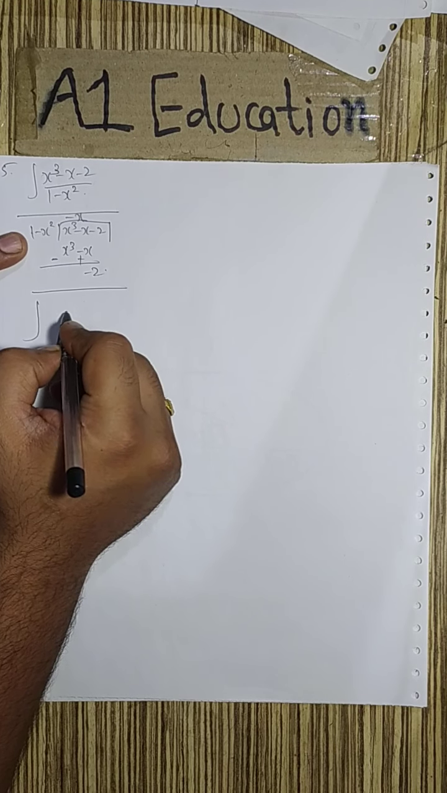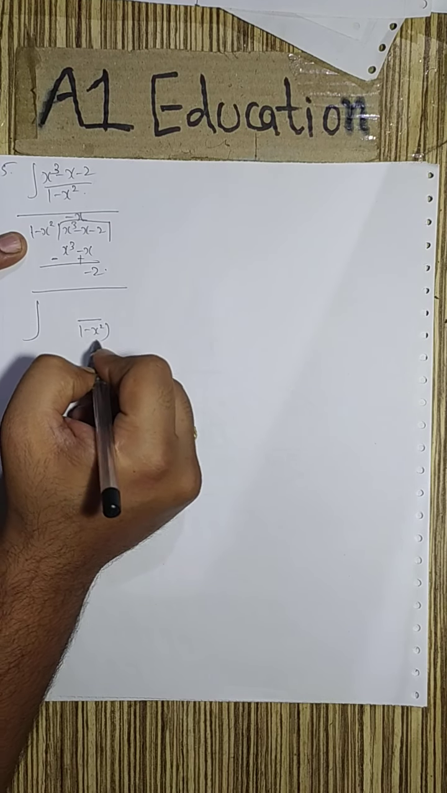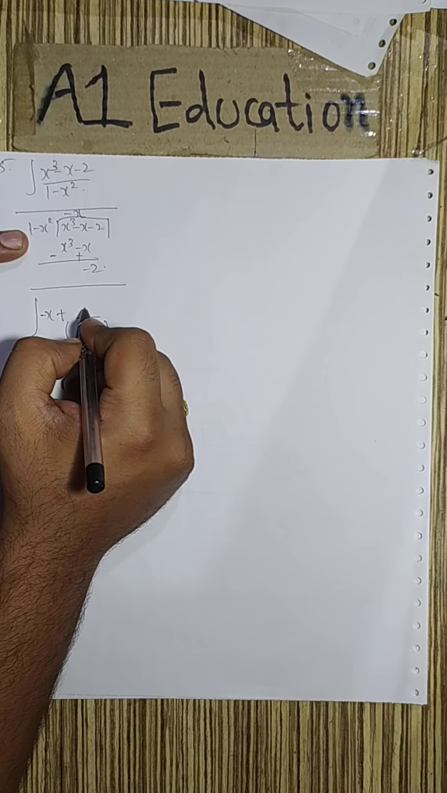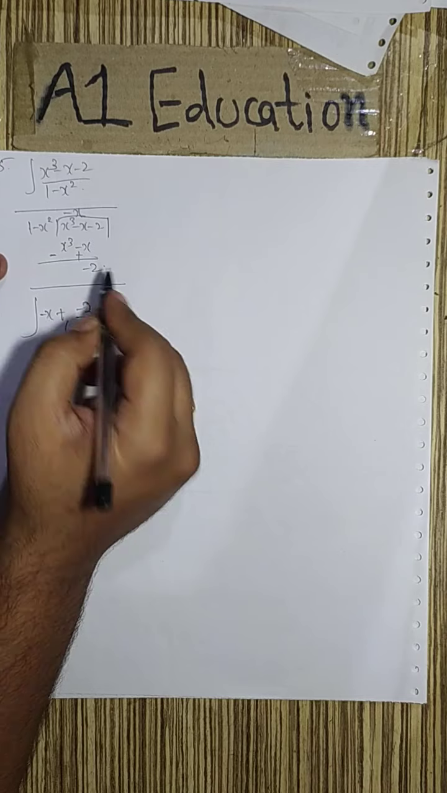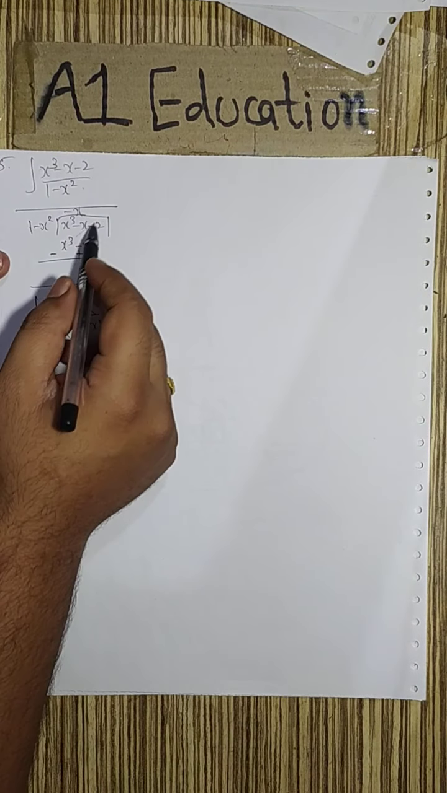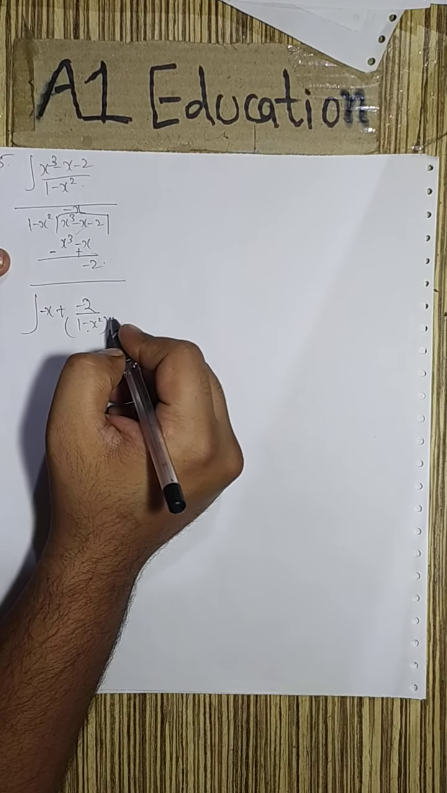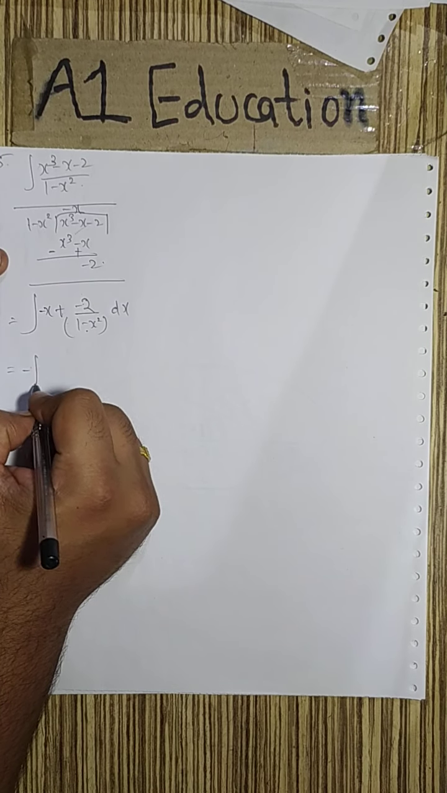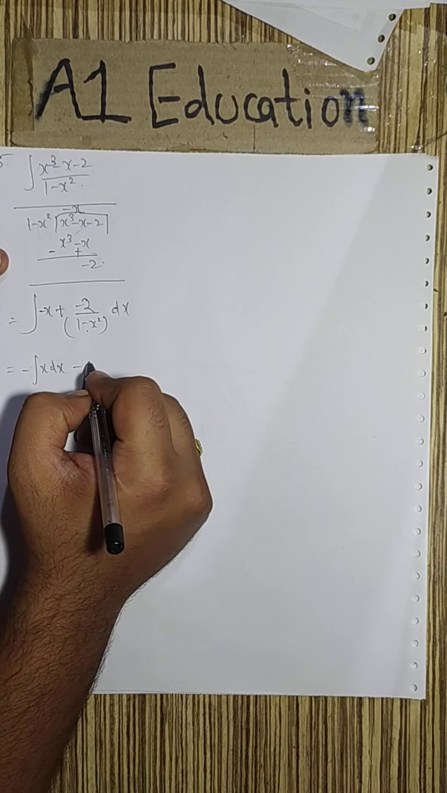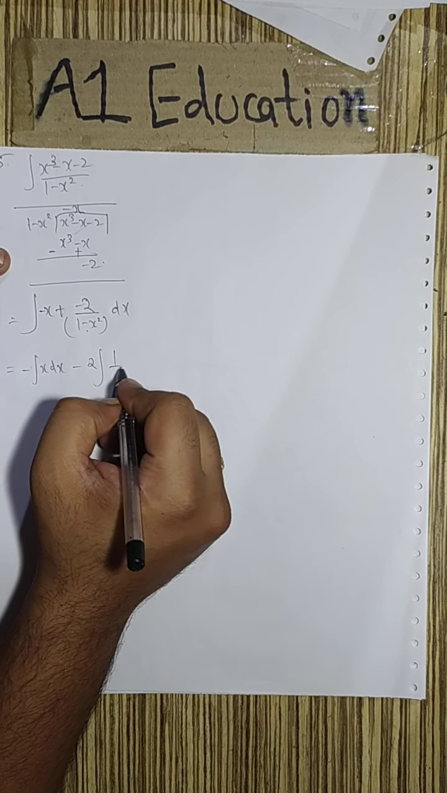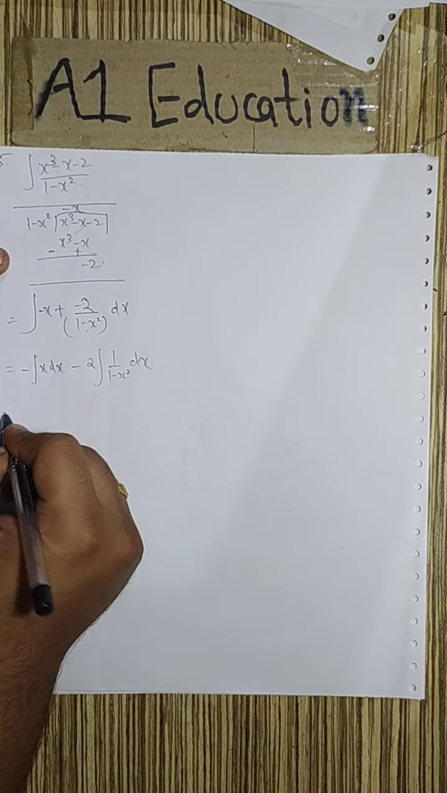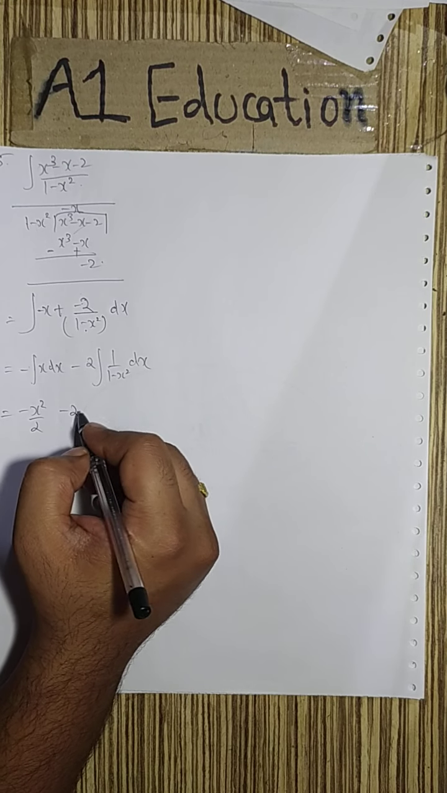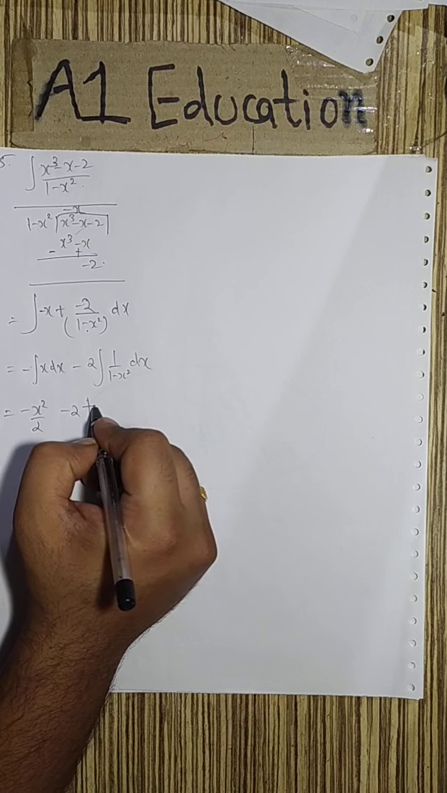So this can be written as 1 minus x square, minus x plus this minus 2, right, in the mixed format dx. So that is minus integration of x dx minus 2 integration of 1 upon 1 minus x square dx. This is minus x square by 2 and a square minus x square will give me tan inverse of,